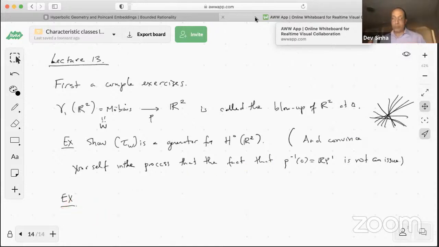If we put a metric on this bundle, say by putting a metric on Rn, and we take the disk bundle, gamma 1 Rn, and say quotient by the sphere bundle, first of all, show that that's homotopy equivalent to RPn,